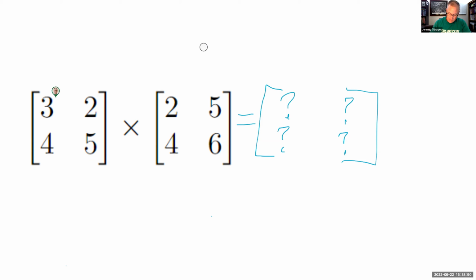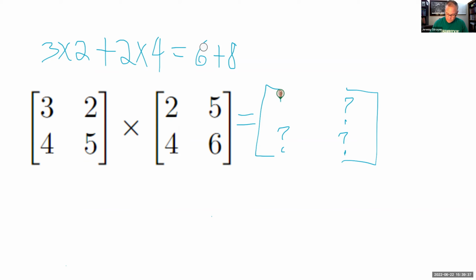We'll take this 3 times this 2. So we'll have 3 times 2. And then we'll add to that. Again, we're going to move in this first row to the second position. And we'll move in this first column of the second matrix to the second position. So we've got the 3 times the 2 plus, now we move to this 2 times the 4. And that's it. Figure out what that answer is. So 3 times 2 is 6, plus 2 times 4 is 8. So 6 plus 8 is 14. So that is the number that goes here,